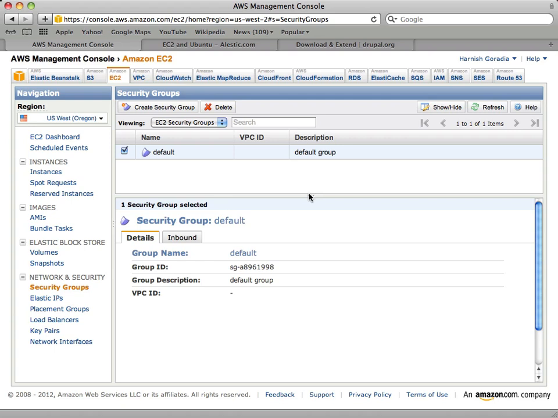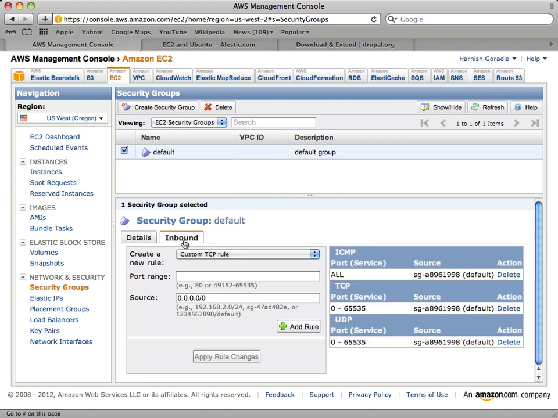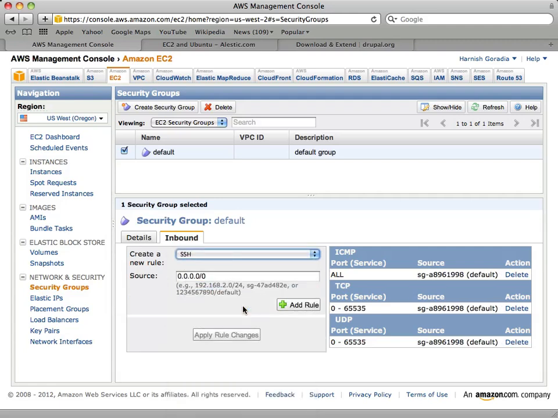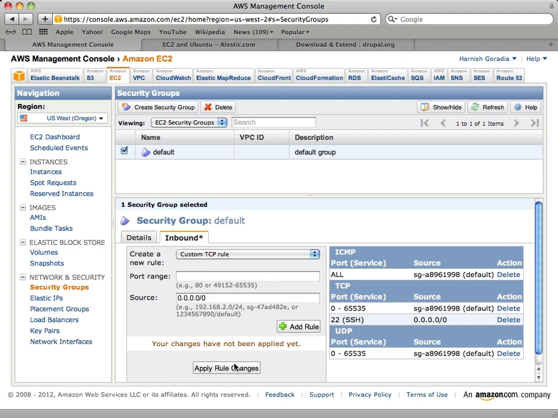The way Amazon is architected, it is extremely secure by default. If you choose to lock yourself out, you can. By default, you are locked out. So eventually, you will need to access your box. How do you do that? You have to set up rules. See, right now, these are the rules. Not much. I want to create a rule where I can pretty much SSH into this box, right? I'm going to add the rule, apply the rule, okay? From any machine.